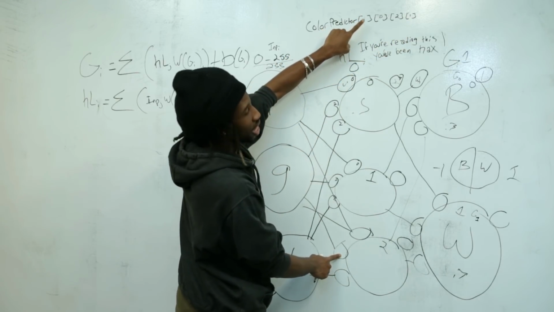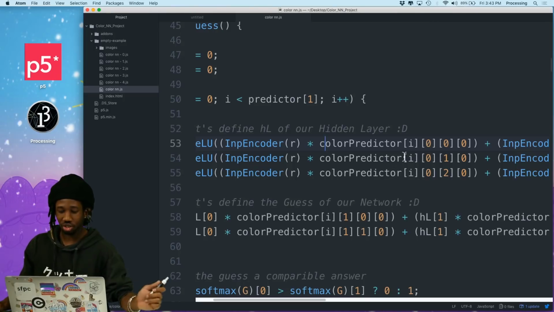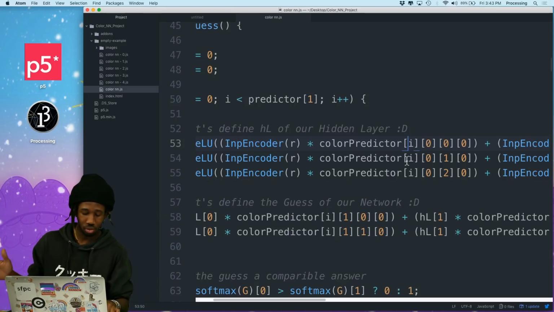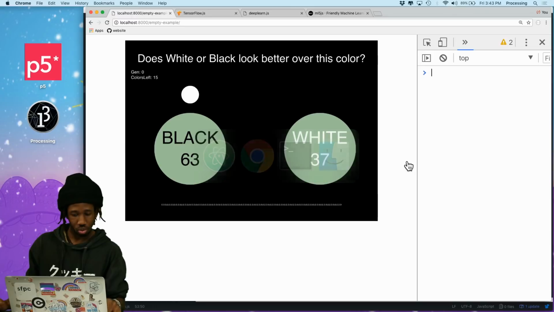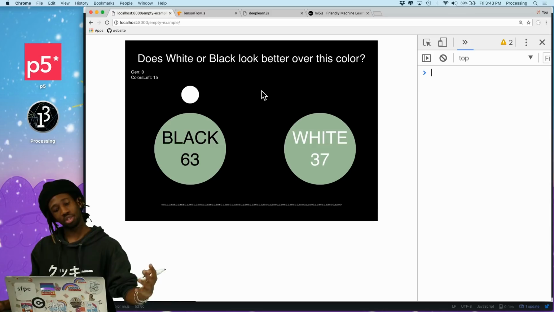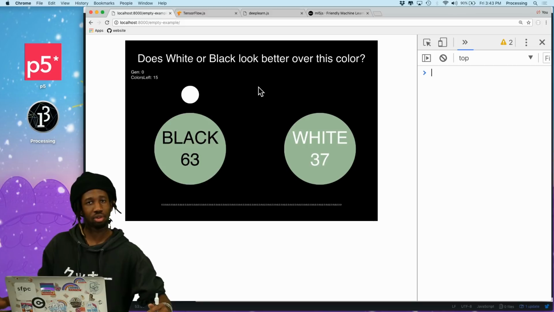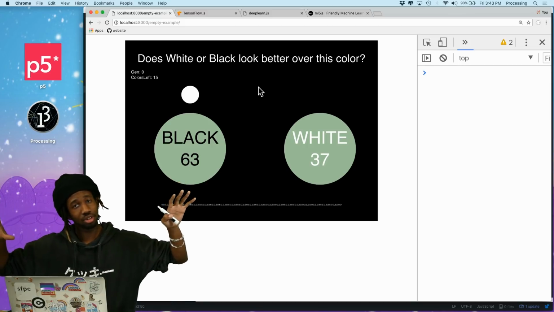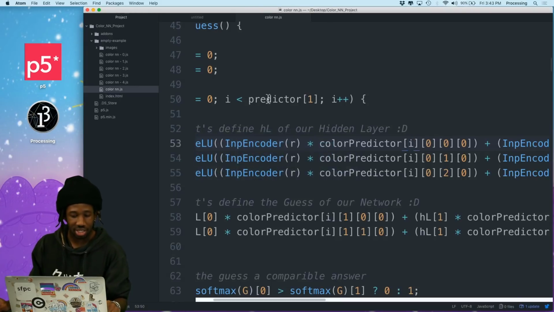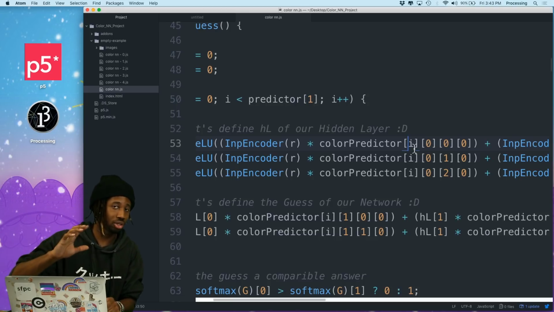And so you see this i, that's an extra dimension that you might be confused about. So let's talk about that real briefly. What does this extra i mean? Traditionally, with such an example, you would use backpropagation to train this neural network. However, time was a factor, and we also wanted to go over a lesson of both neural networks and genetic algorithms. So why not combine them together is what we did for this example. So the i is actually just grabbing a reference to which predictor we are currently using.